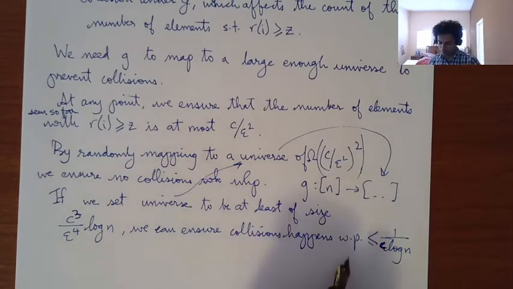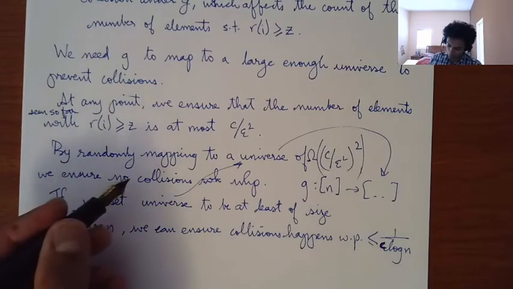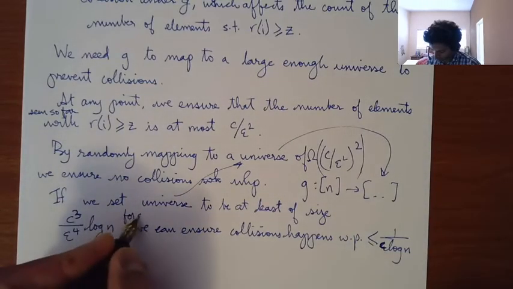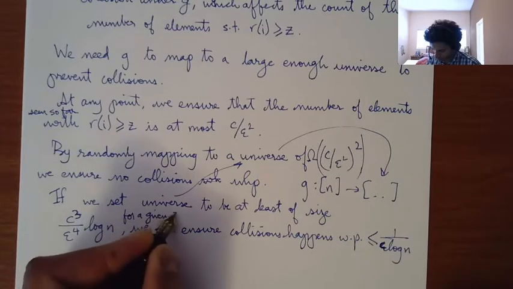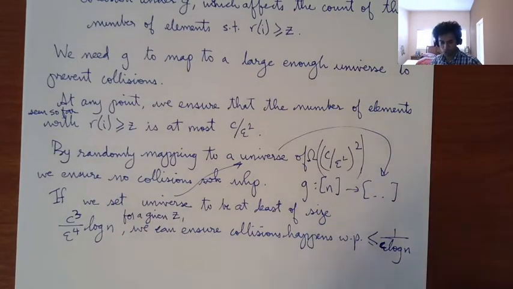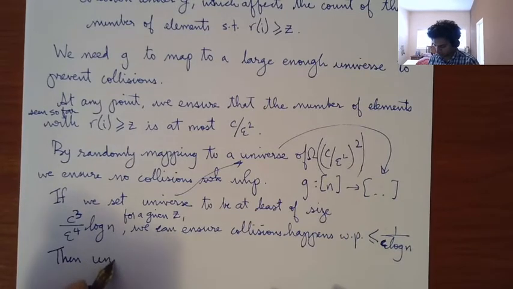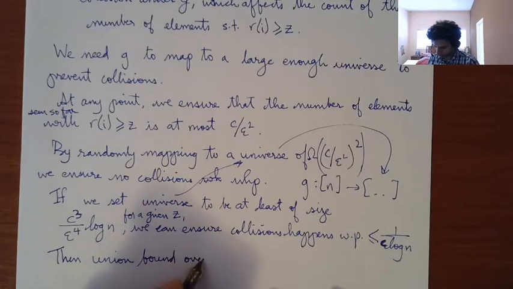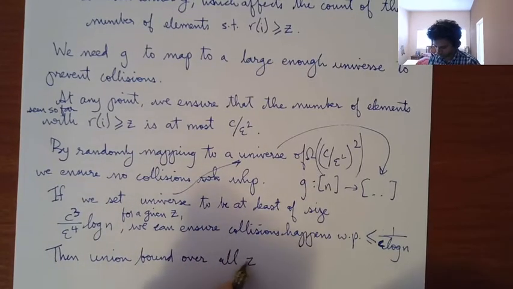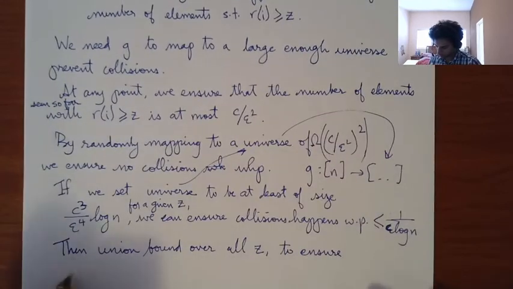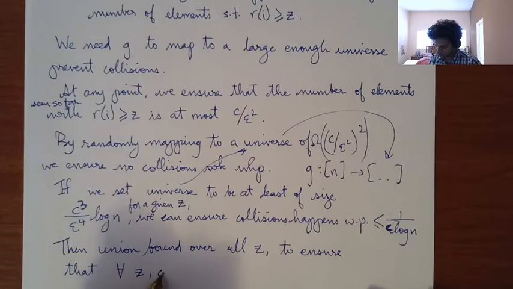So collisions happen with very low probability for a given Z. You can ensure for a given Z, collisions happen with low probability, and then union bound over all the z to ensure that for all z,